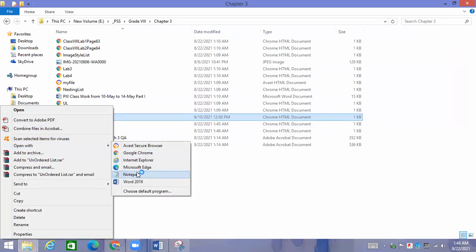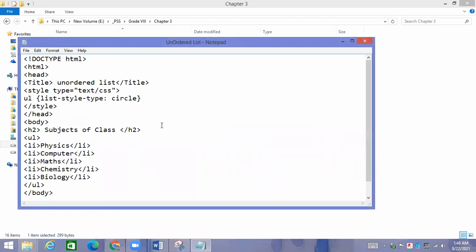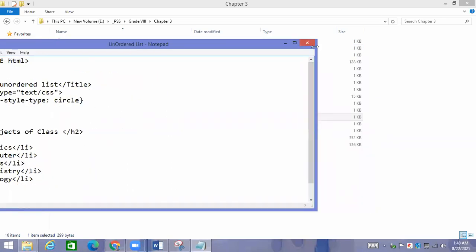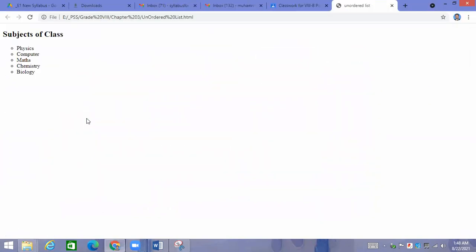This is the thing that I'm going to explain, and you people are supposed to pay attention. In list style type, we are going to mention the image that we are going to take. Means instead of a circle, just like over here in this case, there should be some particular image. For example, I can use my own image, any flower image, any leaf image, any icon that I want to use in place of the circle.